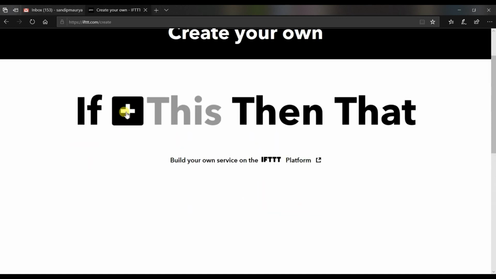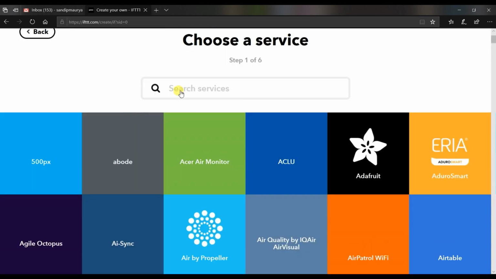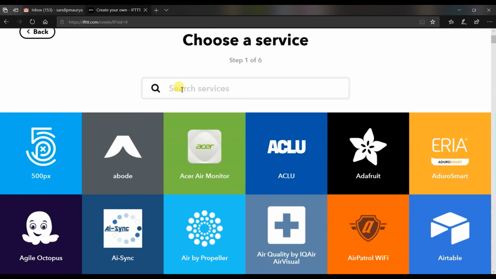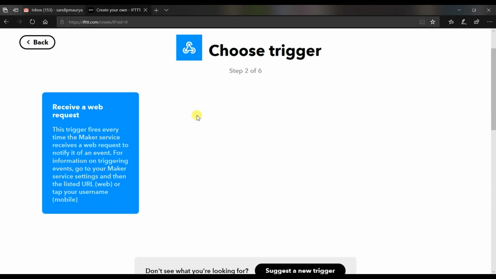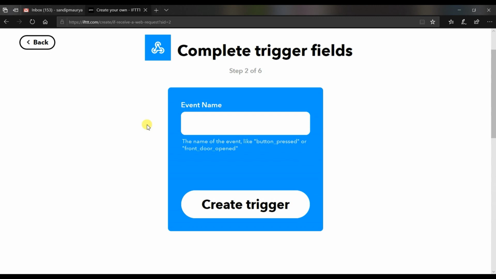So first we will click on this. We will search webhooks. Here we have to create an event name. DHT11, this will be my event name.